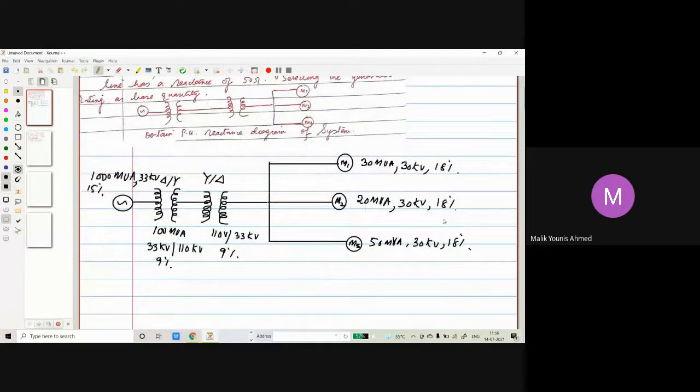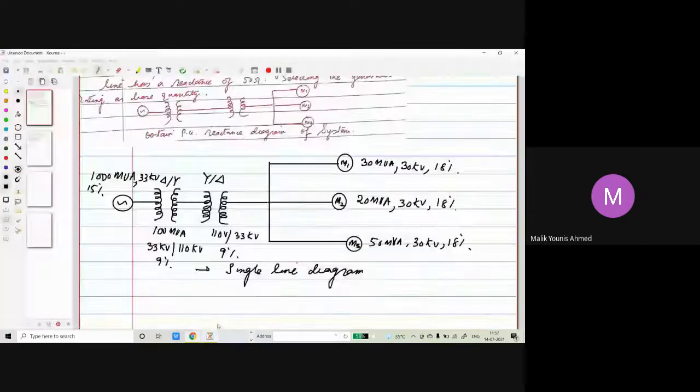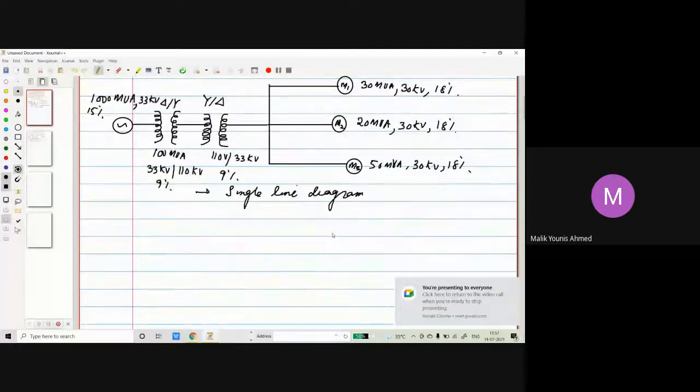So while approaching, this is a single line diagram given to us, and you have to write the data according to what is given in the question. What is the data for the transformer? What is the data for the generator? Transformer 2? What is the data for all three motors? The first work is just to write the data. So that formality we have completed.